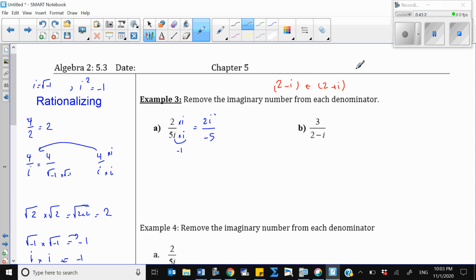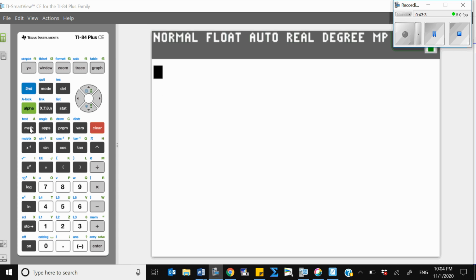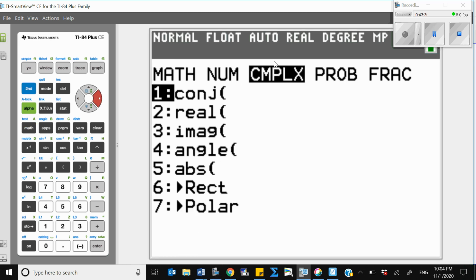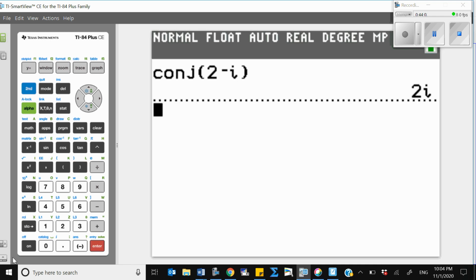If you don't know how to find the conjugate of a number, you can use your calculator. For example, I have 2 minus i, and I want to find the conjugate of that. Just go to Math, and then here we have Complex. We go to the right side on Complex, and the first one gives you Conjugate. So enter, and here I'm going to write 2 minus i. In order to write the i, I go to second, and here we see the decimal point. On top of that, we have i. So just second and point, you will get 2 minus i. Now, what is the conjugate of 2 minus i? Is equal to,